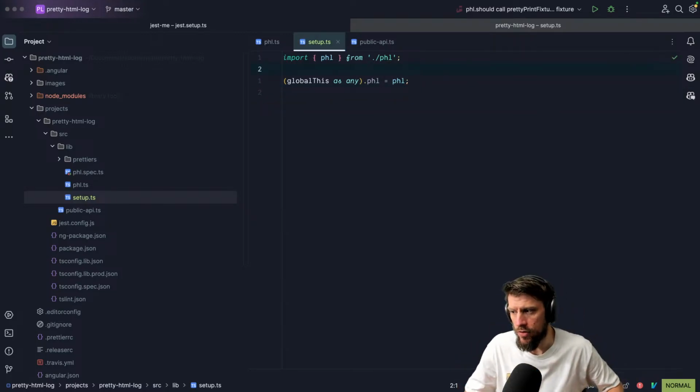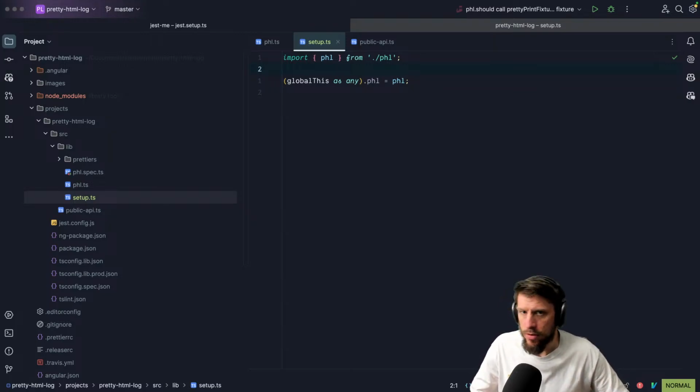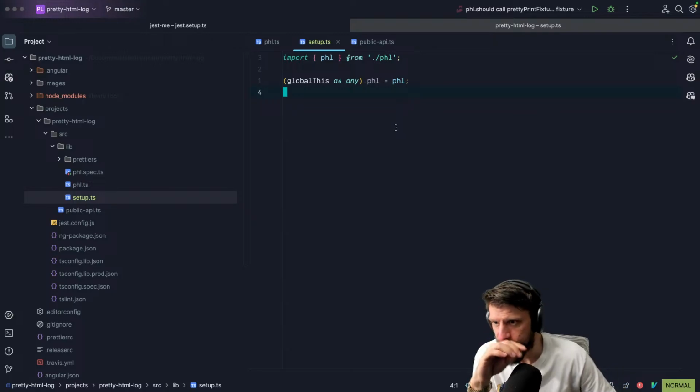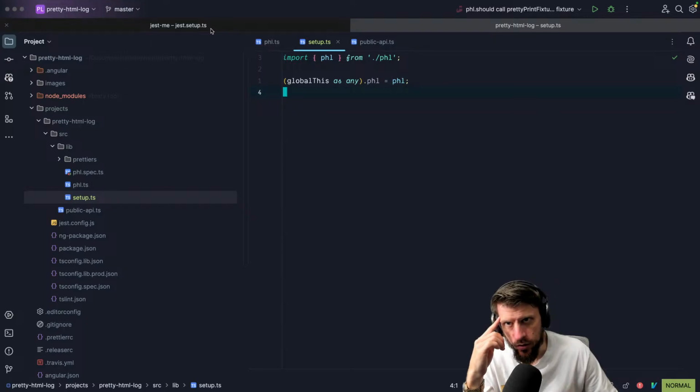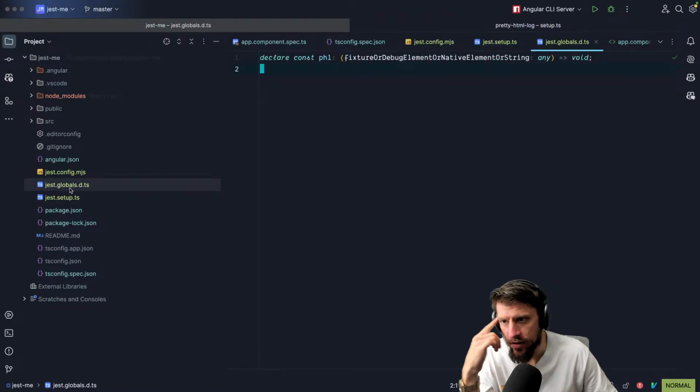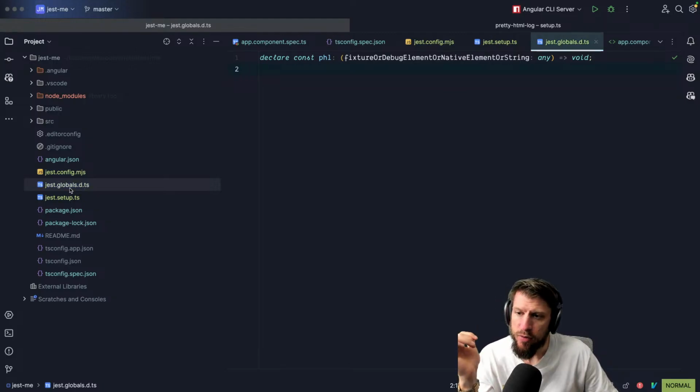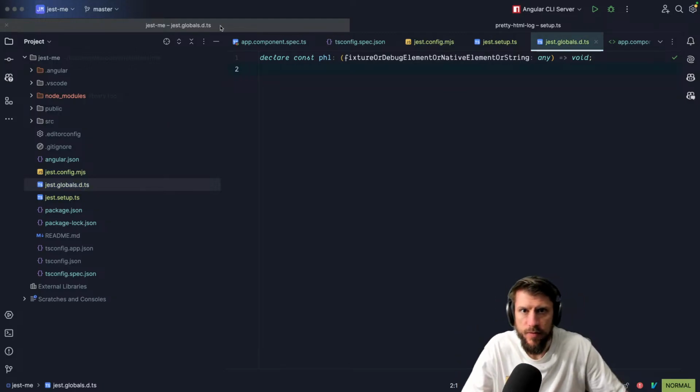So we hang it on the global, and now the other question is the chest globals.dts. It has to be a .dts, but maybe we can just do like